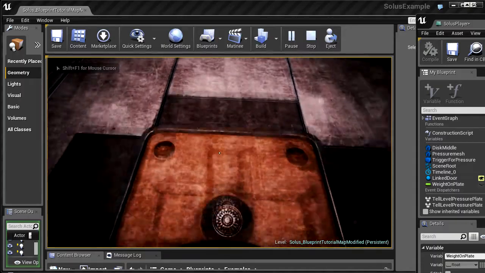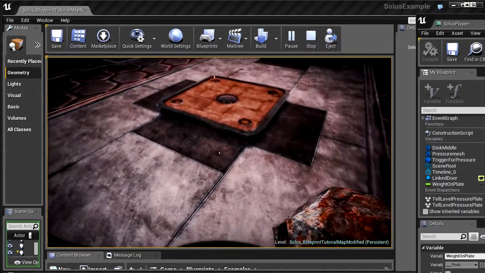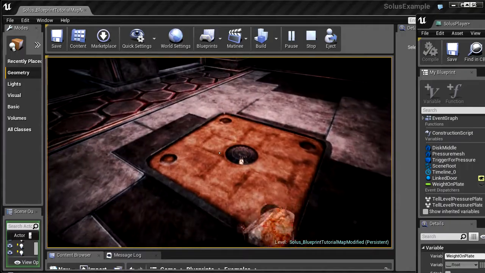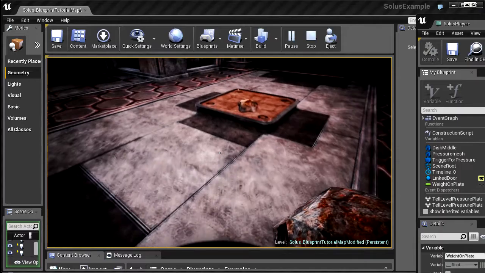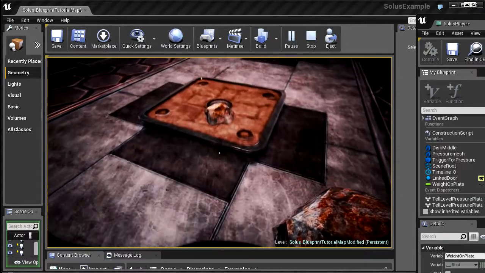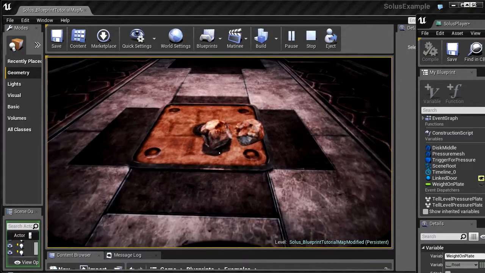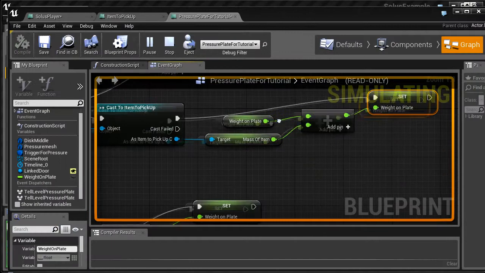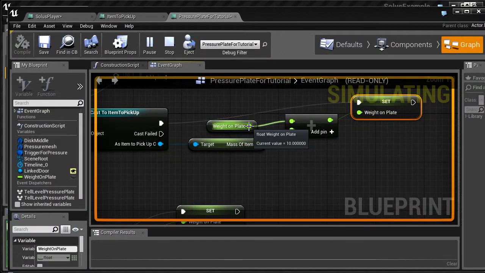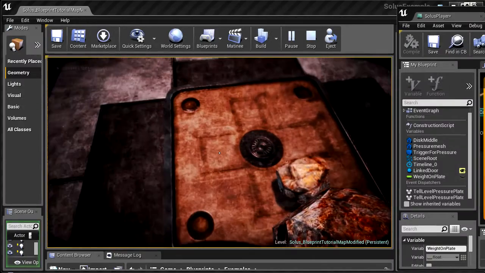So let's try. First of all, the player stepping on top of it still works. Then we got 2 stones here with weight 5. That's 1. And here is number 2. And you can see now 2 stones are on top of it and the pressure plate goes down. If we were to look in blueprint, we can see that the weight on plate is current value 10. So it works. If I were to step onto it myself as well,